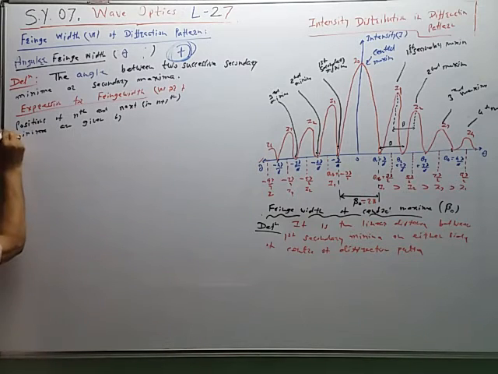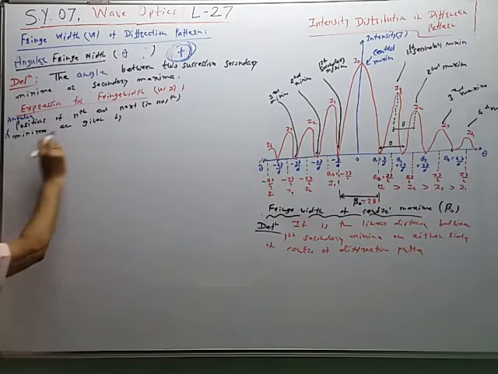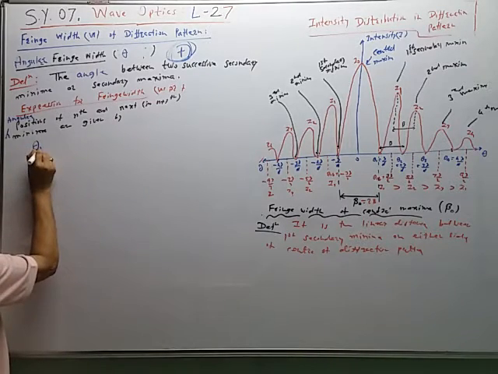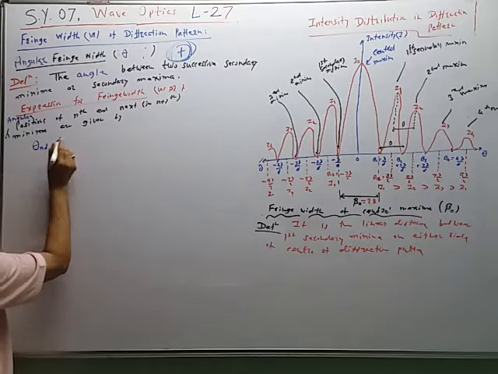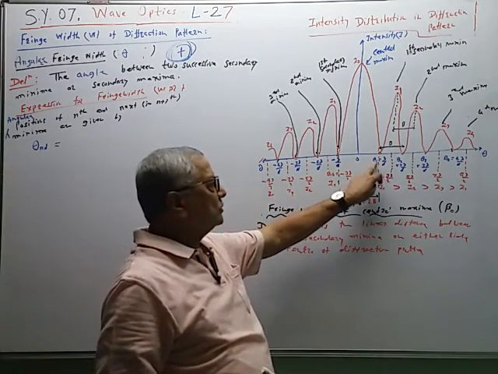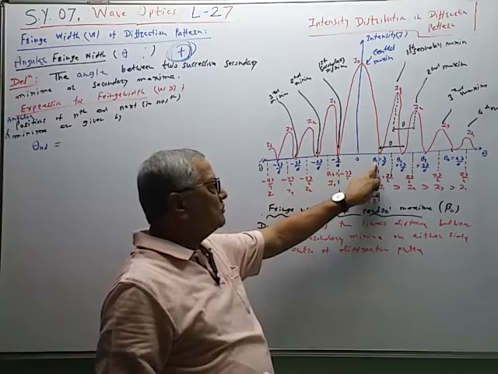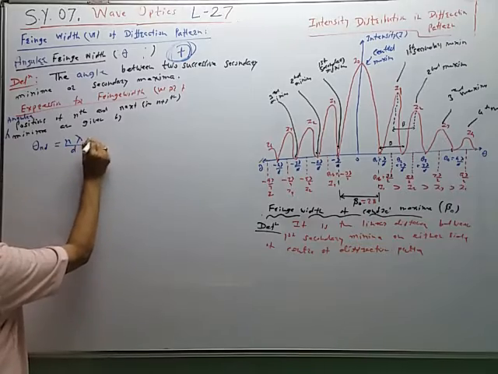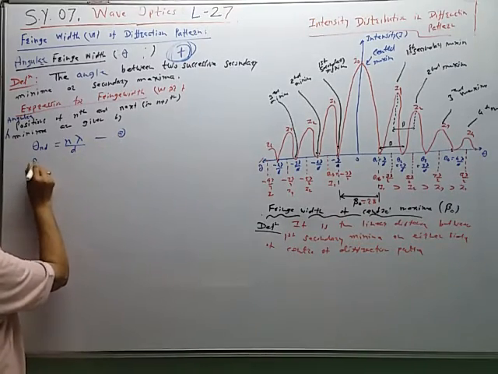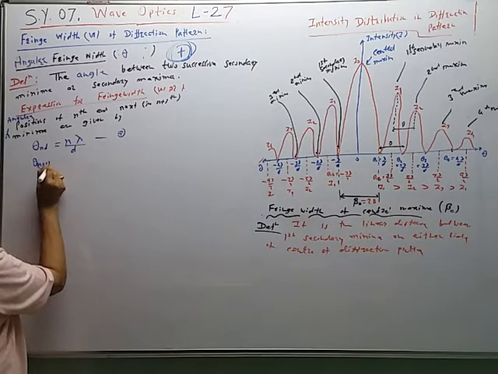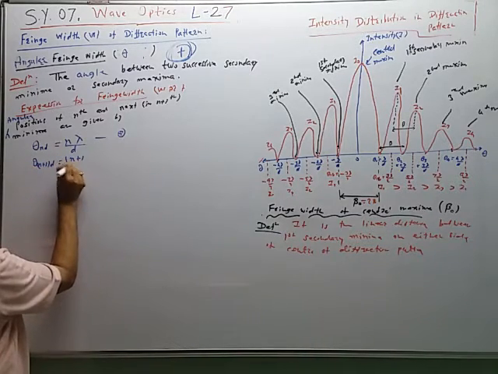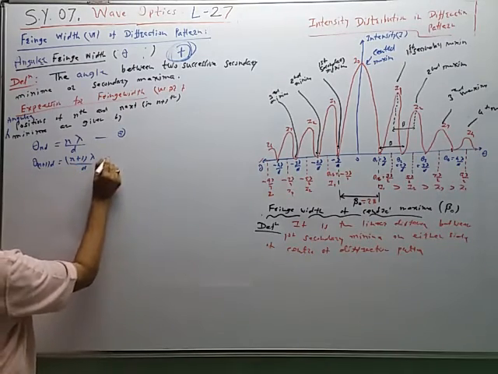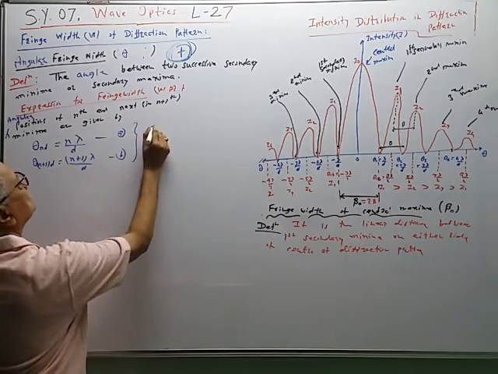So the angular positions of the nth and the next (n plus 1)th minima are given by theta n d is equal to, this is the formula for the first secondary minima, we have to give it for the nth minima, so it is equal to n lambda upon small d. This is equation A. Theta n plus 1 d is equal to (n plus 1) lambda upon small d. This is equation B. So B minus A